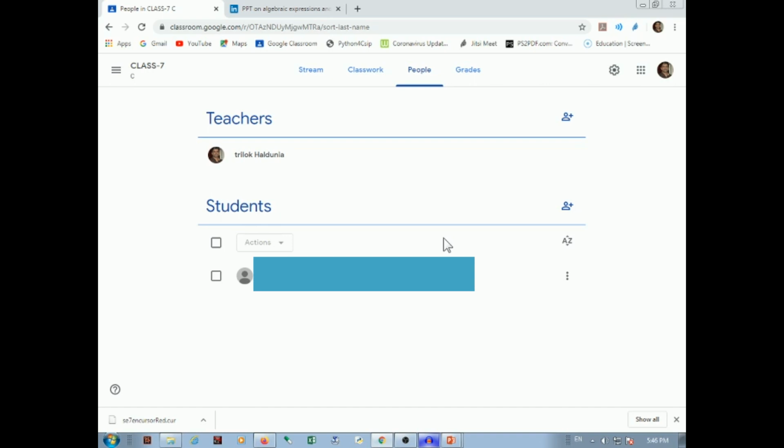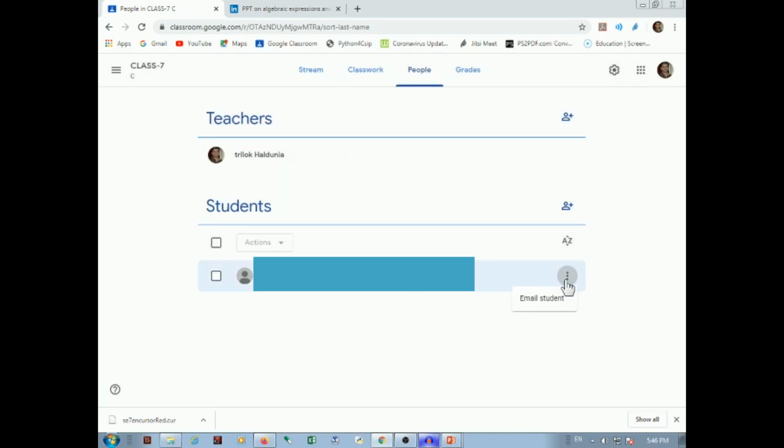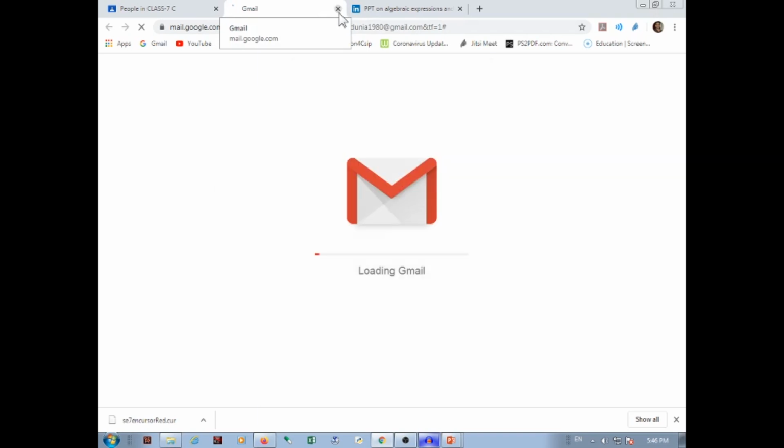It would be easy if multiple students are there, you can easily find out who has joined or not. There are two ways to join the students. One way is that you share the class code. As you share the class code, the student will automatically join the class and you would be able to see him. Another way, if the student is not joining, in that case you click on the plus sign and write the email address of the student. The student will be added, and then later on you send email to the student. If you send email to the student, then the student will get the message that I have to attend the class. So it's a kind of reminder for the student that you have to attend the class.